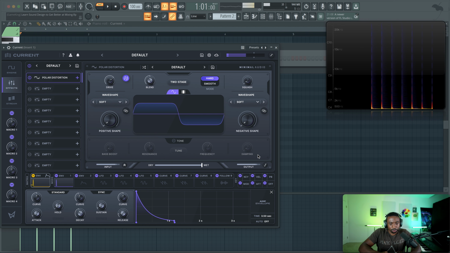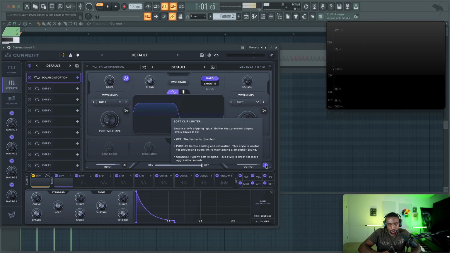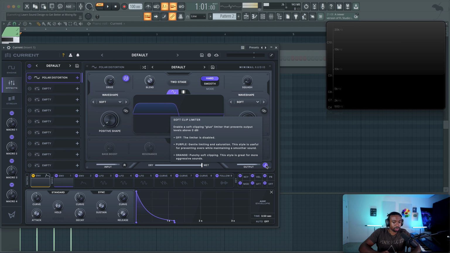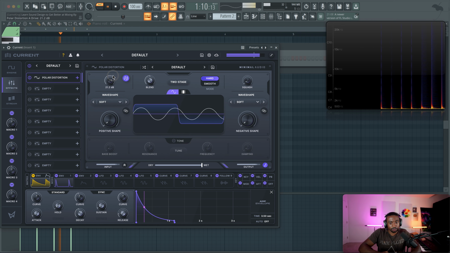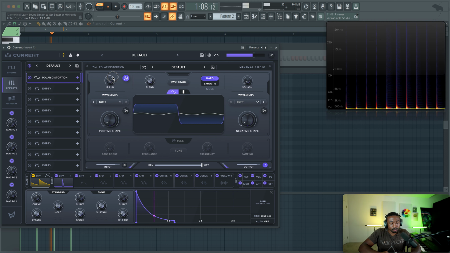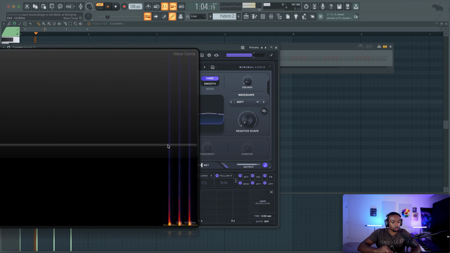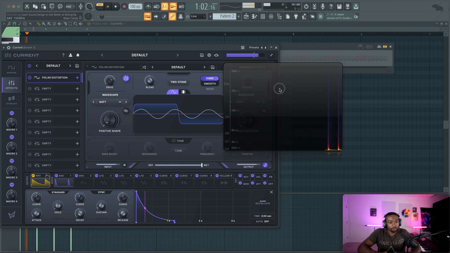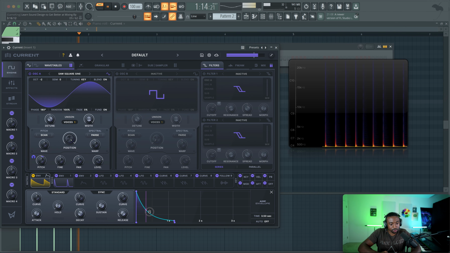I think they have a clipper built into this, if I'm not mistaken. So there is, I believe this stands for soft clip. Where's that health bar? Here we go. Yeah, soft clip limiter. So if you turn this on, you should be able to just crank the knobs here. So what are we doing? We're adding harmonics. This is quote unquote hardness. Now let's go back to the original sound and let's just tweak the envelopes.